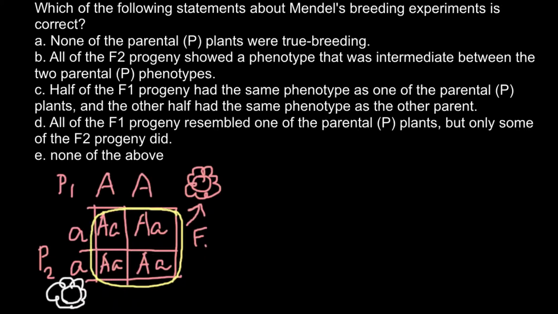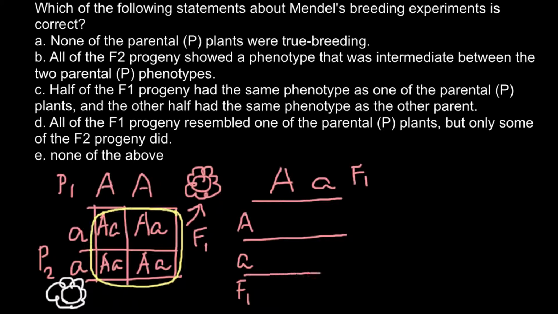So what he did next, he did a second experiment. He took this progeny, the F1 generation, and he self-crossed. So here was his second experiment. There was one plant from the F1 generation, and another one also of the same genotype from the F1 generation, and when he crossed them, he got unexpected results,